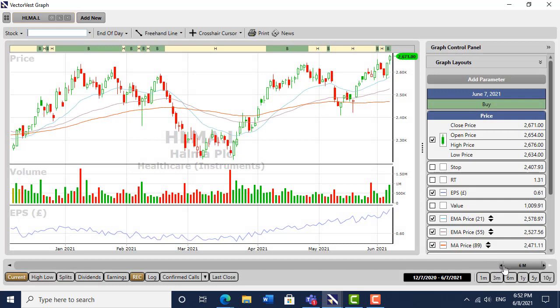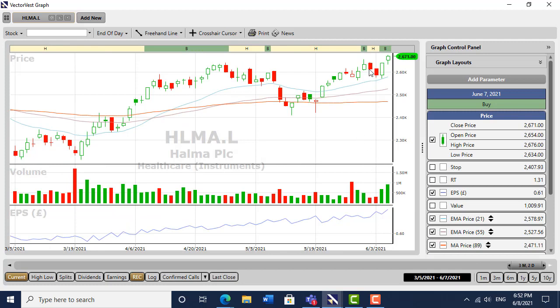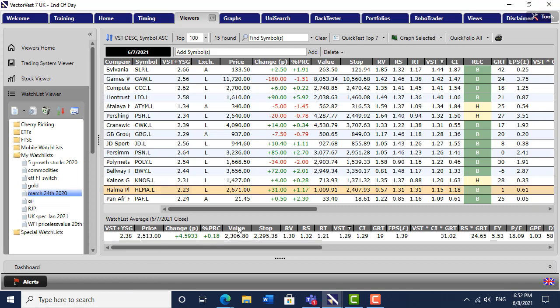And if we go back a little bit, 1 year chart, 1, 2, 3, breaking on the fourth attempt. Volume is rising. Go back, you can see here on that pullback there was no volume at all. A very good sign indeed. I've been holding that since last April. So I haven't really done that much at all, but I would be tempted to add into Halma and add into Lion Trust and maybe CCC